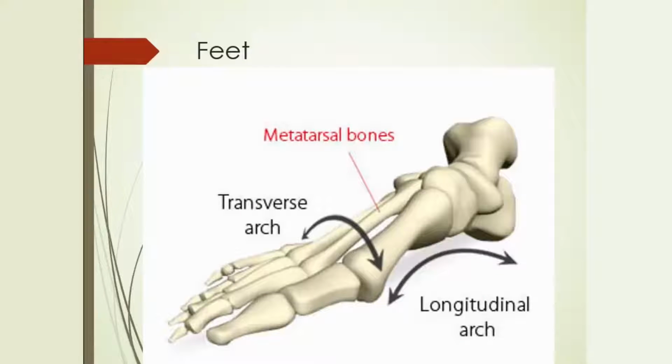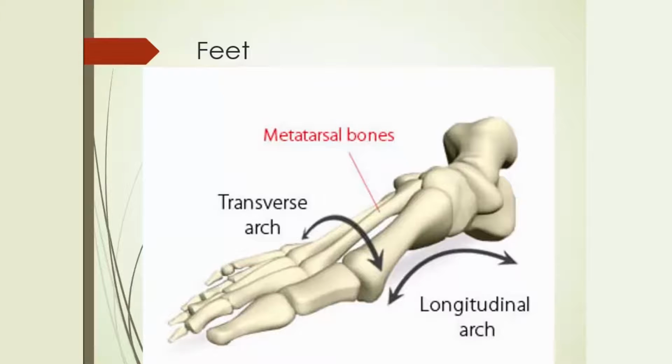And then we also see changes in our feet when we compare a quadruped species to a biped species. So bipeds portray two different types of arches. And you can see an example of each of these in your slide. The first being a longitudinal arch. So a longitudinal arch runs from the posterior portion of your foot to the anterior portion, so from the heel to the toes. And this is the arch that's very important for us because it's really what gives us our spring action, our forward ability to push off of the ground and take a step.